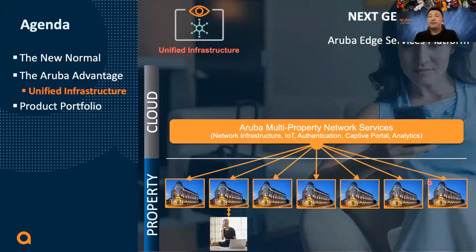So with the Aruba Central solution, the ESP architecture that I just shared, it allows them to manage all these properties through a single pane of management, a single dashboard. This makes it so much easier and simpler, rather than sending an engineer on site to check on the configuration. And because it is cloud managed, we can converge things like IoT or authentication, captive portal,